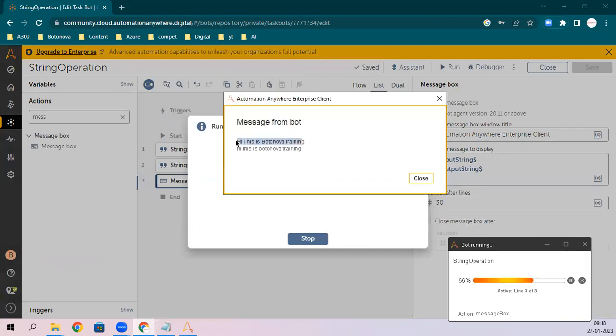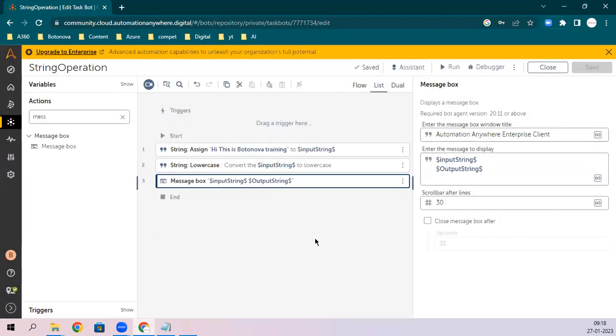So this is your input string and it made it lowercase.